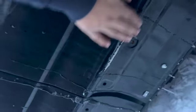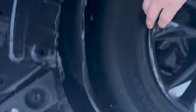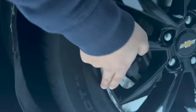Fog lights. Frame crash beam looks good. No, just missing a side molding, is scratched up right there. Buff it out. Did kind of get dented in right here. Fix that. Here's still got some curb rash right here. See,